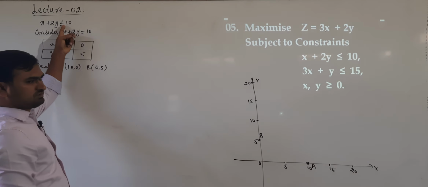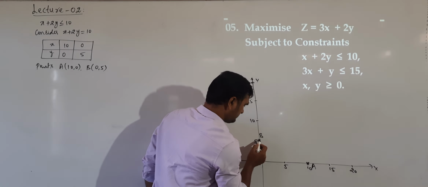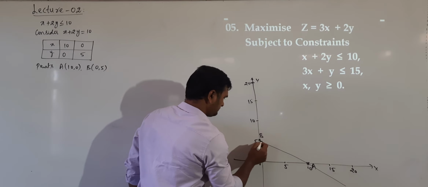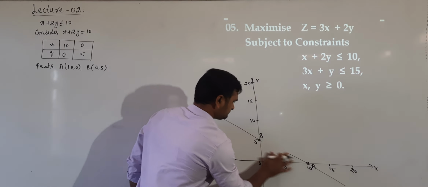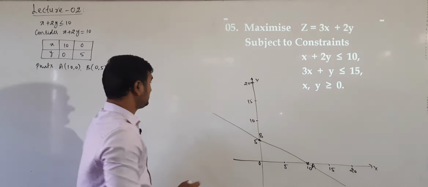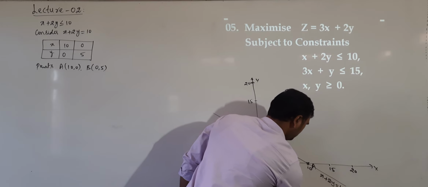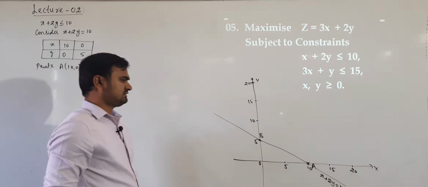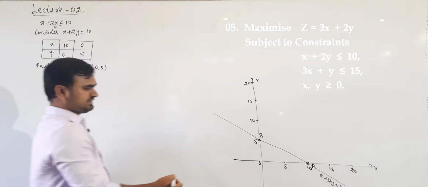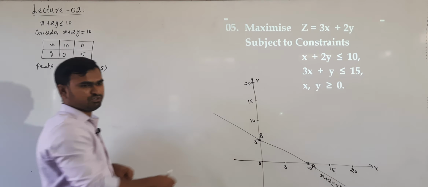Again, which type of line do we have to draw? Inequality less than or equal to means including the line, so it is a dark line. So this is the line x plus 2y is equal to 10. Name the line after drawing. Now, which region is required, below the line or above the line? Again, take a test point. Usually we substitute the origin, which lies below the line.